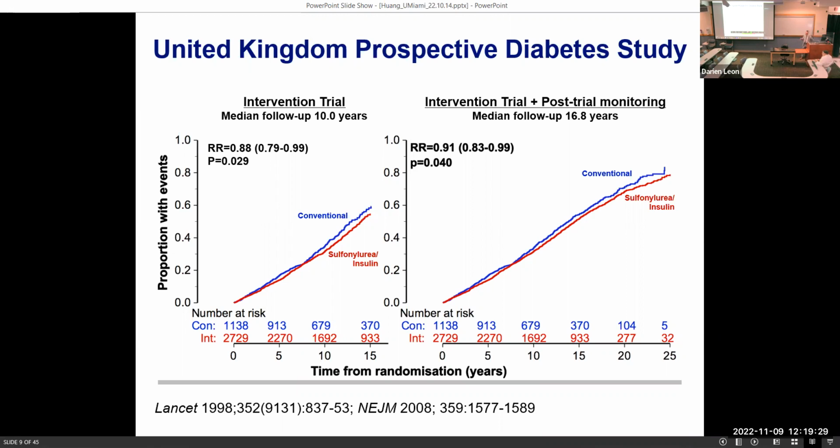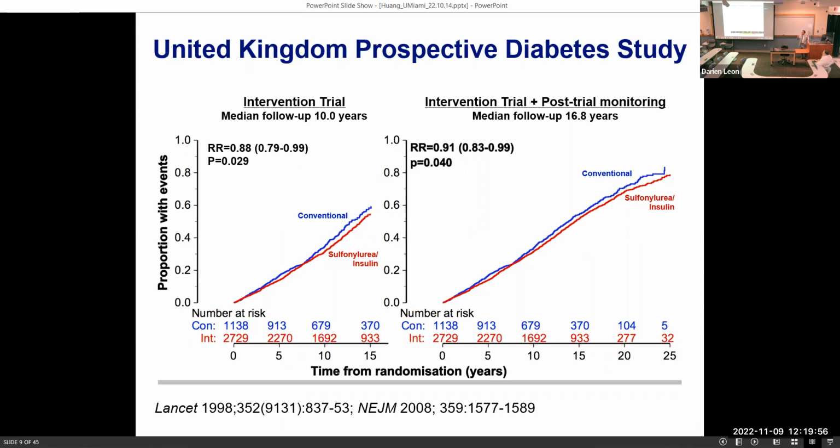And what it showed also was that there's a timing effect with glucose lowering. All the people enrolled in this trial had new onset diabetes. They excluded people over the age of 65. This trial went on for at least 10 to 15 years, and then they have actually been able to follow the patients up to 30 to 40 years. Very recently at the recent EASD meetings, they presented 40-year follow-up on these patients.